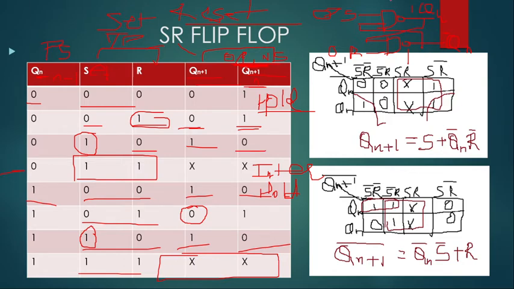So for 1 1, here they are talking about NOR latches. In the case of NOR, this is your two NOR gates in the cross coupled form. So for NOR, what is the condition? When any one of the input is 1, output will be 0. So it will give you output always 0 irrespective of the input. So for this condition it is the invalid state.